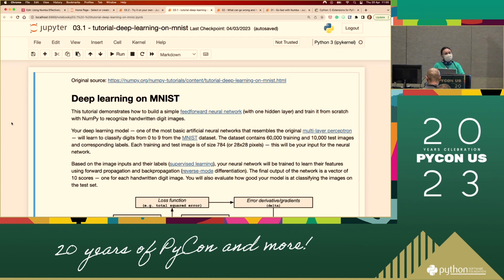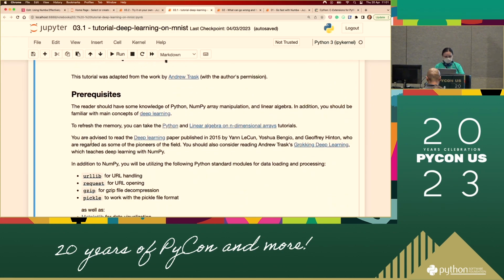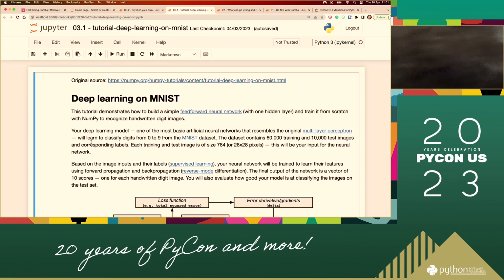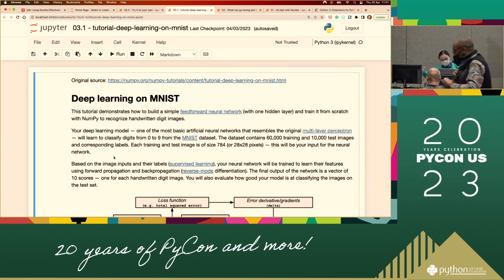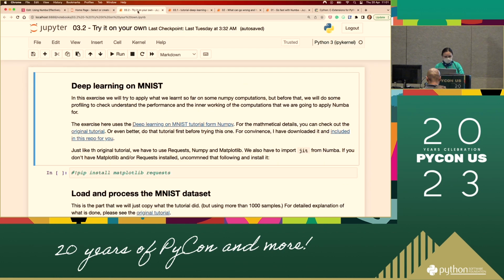Since the majority of people haven't done this before, I'm going to give you maybe 20 minutes to go through this, and then I will spend some time to speed run this so that we make sure everybody's on the same page. I'm sorry for people who have already done it before; maybe you can read it again to refresh your memory, and then move on to 3.2.